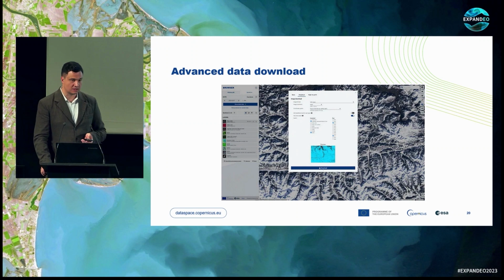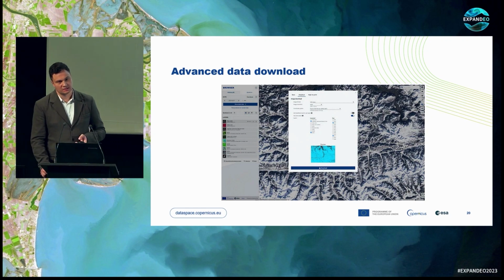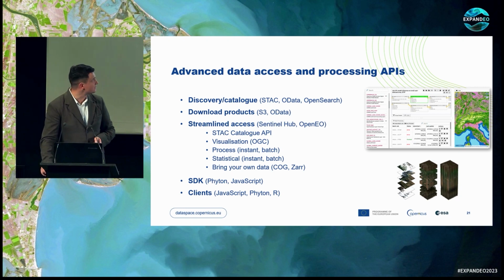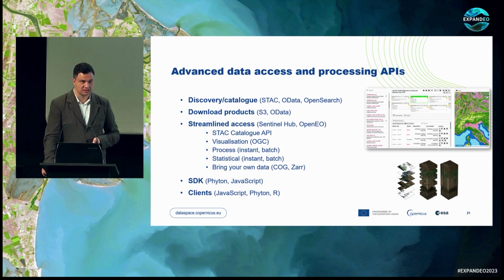You can also download the data, and here you can download a subset of data. You can download this false color composite, for example, that you have created. You can compute NDVI, simple band math, and download the results. And for this, we also provide advanced data access and processing APIs. So for data discovery and catalog, we have STAC catalog, we have OData and OpenSearch interfaces that allow you to locate the products